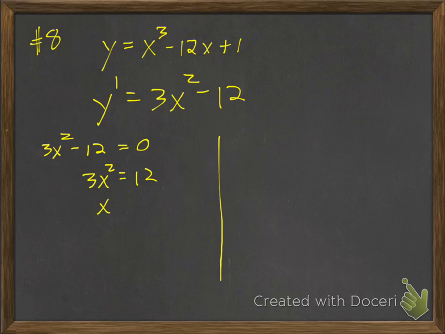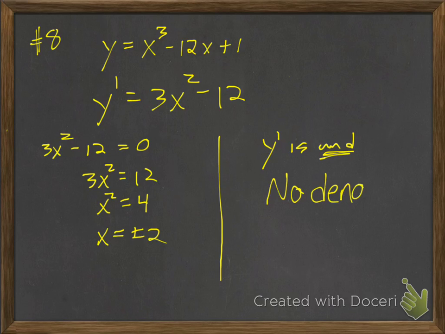So I'll finish solving this, add 12 to both sides. Divide by 3, and what happens when you square root that thing is you get x is plus or minus 2. Those are 2 critical values, plus or minus 2. The next is anywhere that y prime is undefined, and the only time that's going to happen is if we have a denominator,